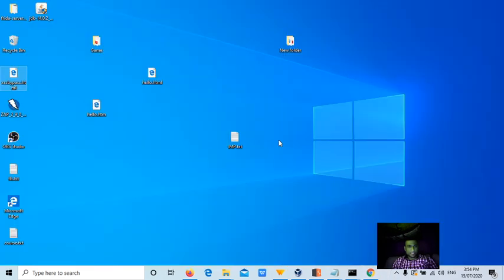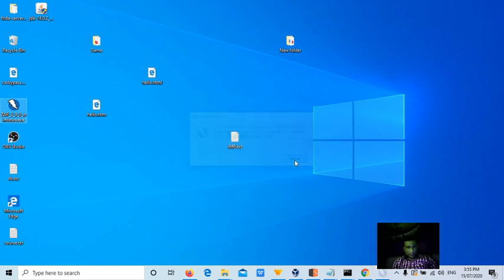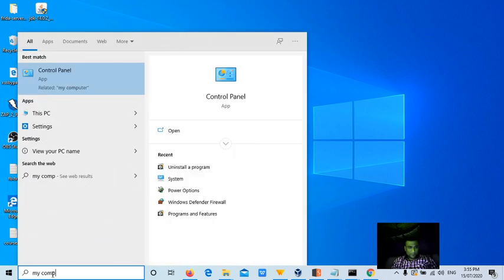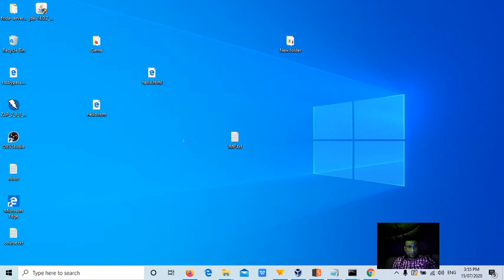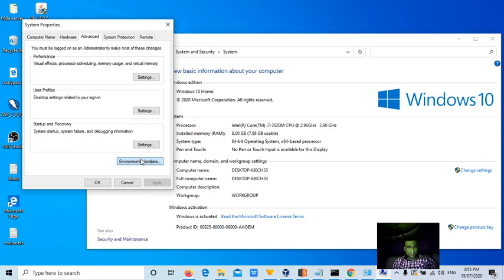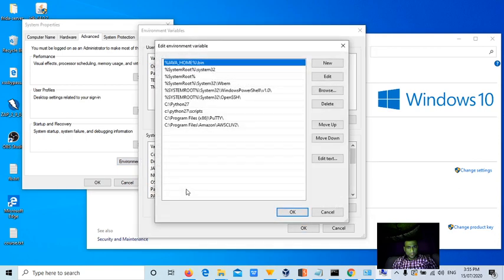Successfully installed, guys. Now Java is installed. Let me install the ZAP Proxy. The installer could not find the Java runtime environment. Okay. This PC, right click properties, advanced settings, environment variables, search for path.